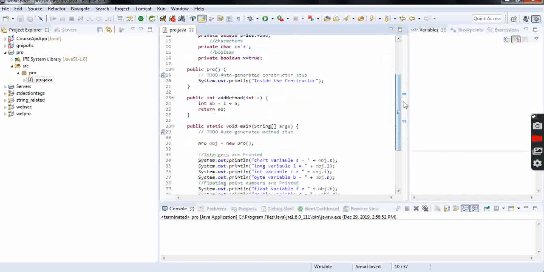And in PRO, there is a method named PRO, which is nothing but a constructor. A constructor is used to initialize all the data members of the class. Here I didn't do any initialization within the constructor; anyway, I have printed some text inside